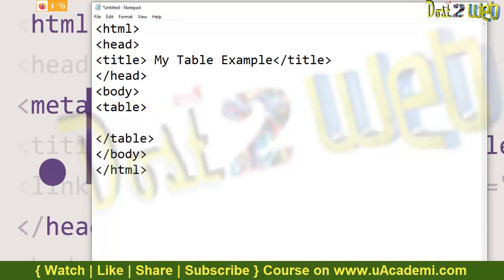Now, what do we need in the table? We need table rows, right? I'll use a table row. The first one is the table row. In this table row, I need multiple data to be added. I'm not using a table heading as of now. This is the first example. I have the table row, then table data. Next is table data, and in table data, whatever you want, you can use.